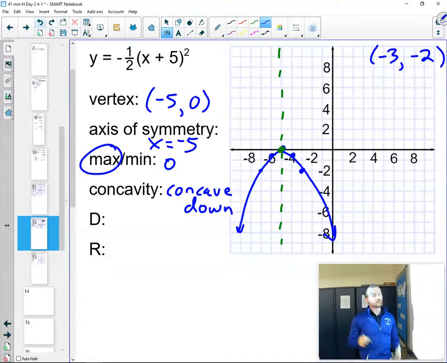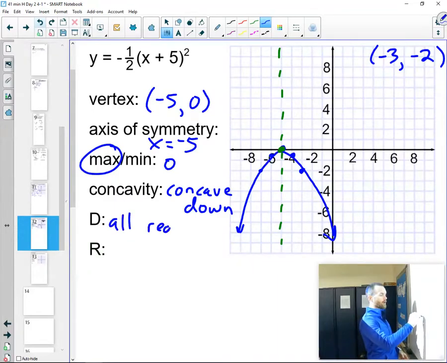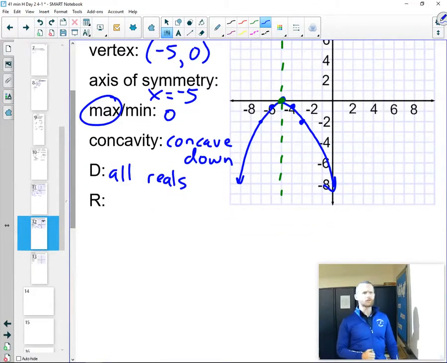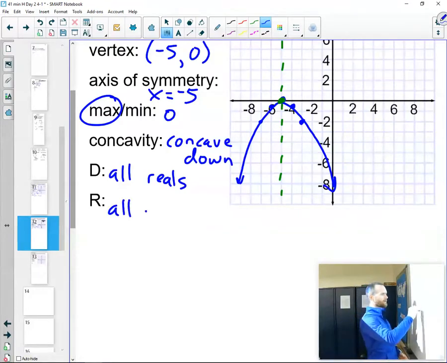Now for domain and range. Domain is easy for a quadratic. It's always all real numbers, which I just say all reals for short. And the range, let's see. The highest it gets to for the y values is 0. So that means it will be all reals